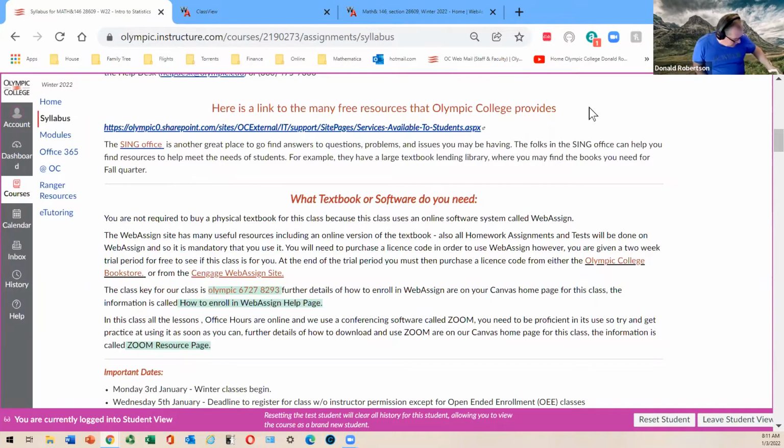So if you don't have a TI-84, what you would do is you'd contact the MESH office, and talk to Cheryl, just send her an email. And you basically just go into college and they give you one and you bring it back at the end of the quarter and it won't cost you anything. So if you don't have a TI-84 and you find it's useful, contact Cheryl. Cheryl Phillips, she's in MESH. Should be able to get the email address directly. I don't have one off the top of my head. And you can get it.